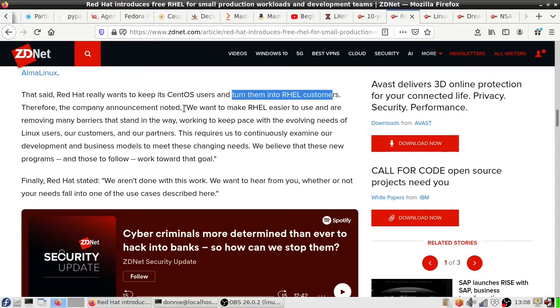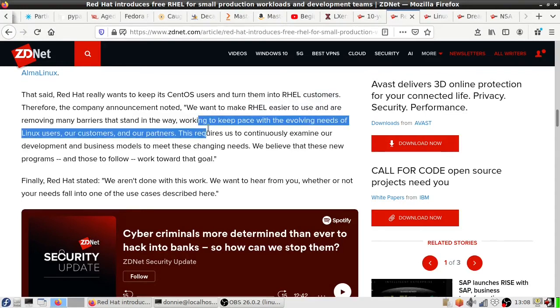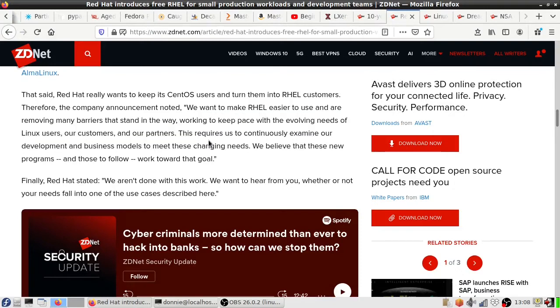So the company announcement noted, we want to make RHEL easier to use and are removing many barriers that stand in the way, working to keep pace with the evolving needs of Linux users, our customers, and our partners. So this requires us to continuously examine our development and business models to meet these changing goals. We believe that these new programs and those to follow work toward that goal. We aren't done with this work. We want to hear from you whether or not your needs fall into one of the use cases described here. Okay, so anyway,